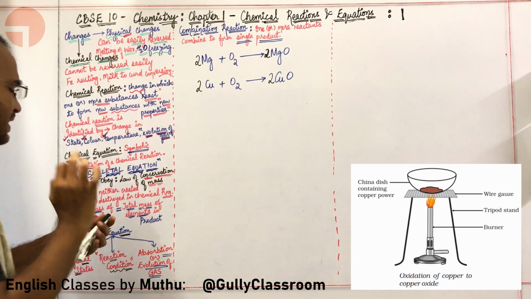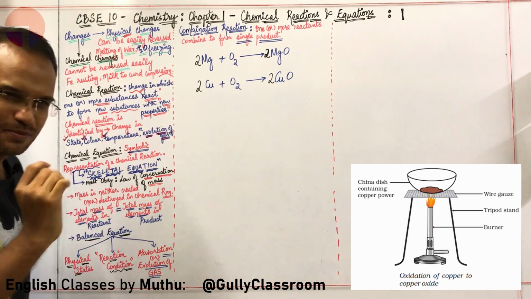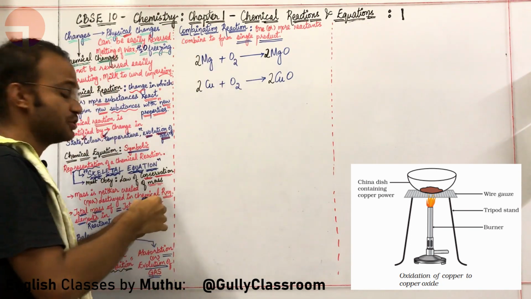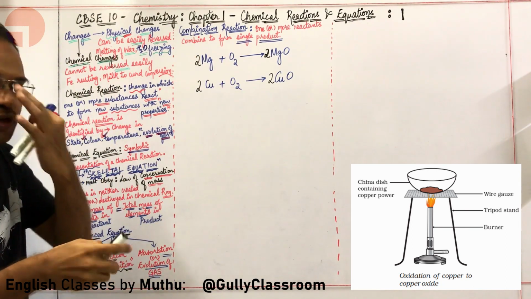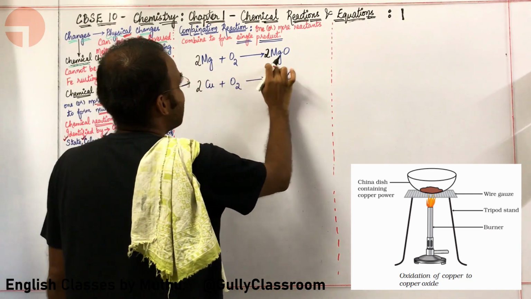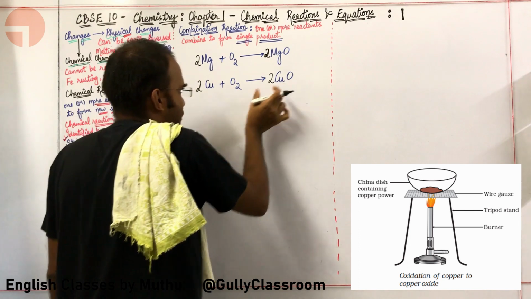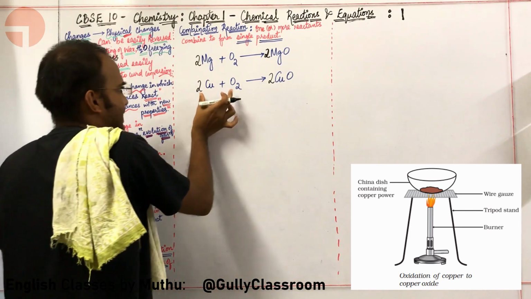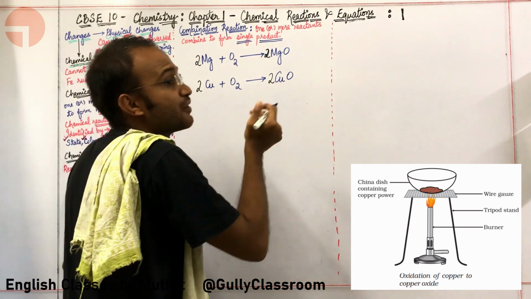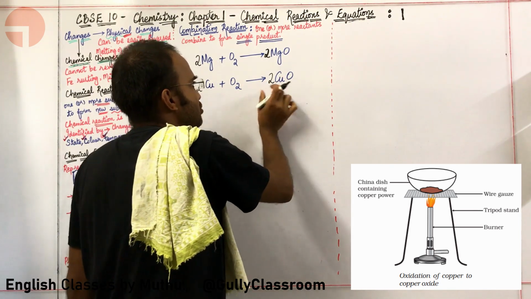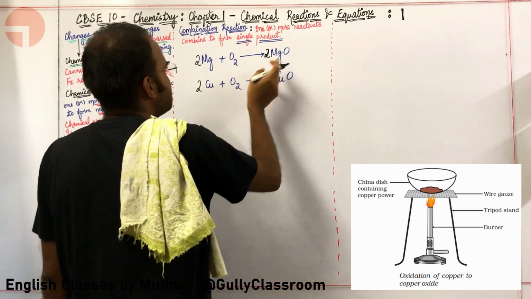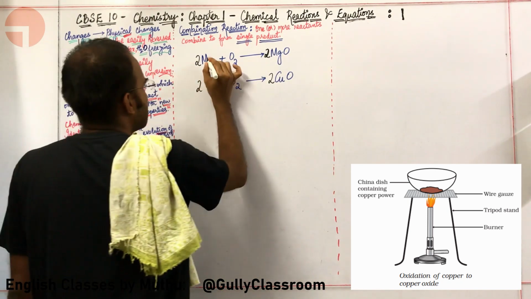Okay, sir. Let me ask you another thing. Yes, please tell me. Is this a balanced equation? No. In a balanced equation, you also need to put the physical state of the reactants and the products. The substances that are reacting are called reactants. The substances that are formed in a chemical reaction are called products. So you need to put the physical states of each and everything. How are you going to do that, sir?